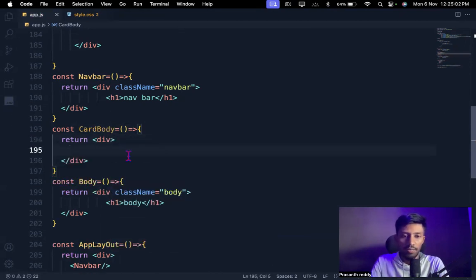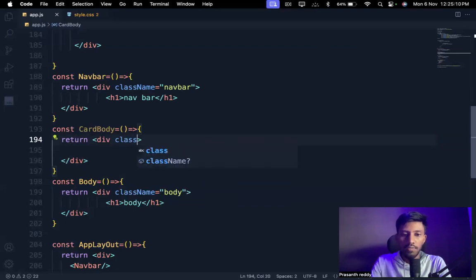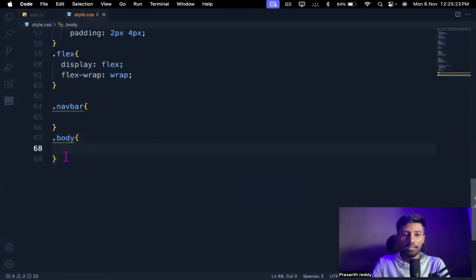Let's have some patience. Let me build this. So we built the card body. Now let me give one class for this. Let's give the class name card body. Let's take this, and paste it inside this. Now we have given this.